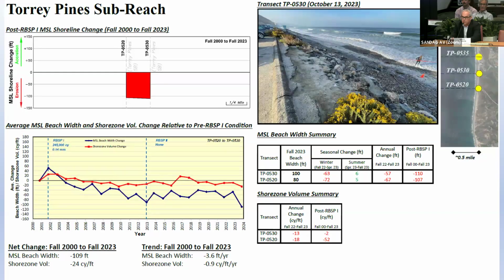Torrey Pines, a similar story, received material from Regional Beach Sand 1. It was very fine, 0.14 millimeters. And did not receive material from Regional Beach Sand 2. The first project did not last very long. That was studied pretty extensively by Scripps at the time. That's very well documented. We see the erosion rate after that project. And then kind of like Del Mar, it's kind of flattened out since that time, which again suggests I think some of that material placed at Cardiff, Solana, maybe even further up coast has made its way down the beach.